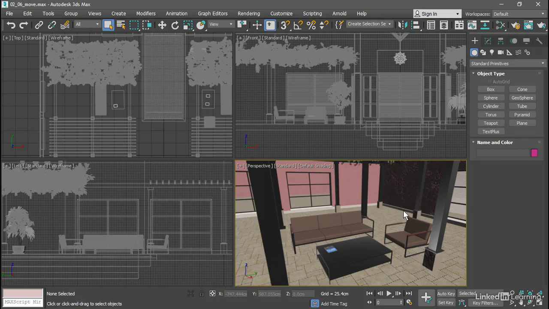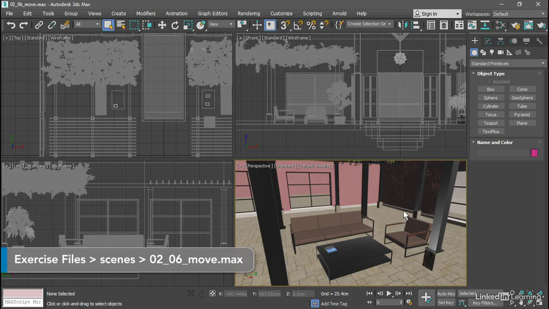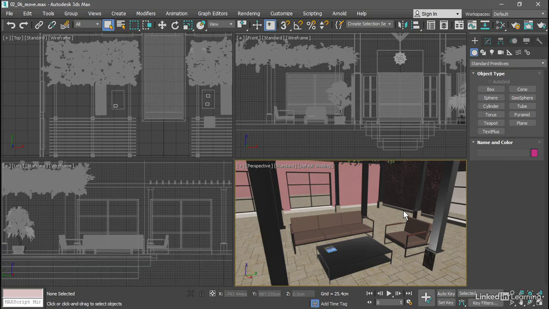To aid in our exploration of the 3ds Max tools, I'm providing this scene of a courtyard. We can use it to practice transforming objects, and that's moving, rotating, and scaling. If you don't have the exercise files, then you can just create a few primitives and use those to practice